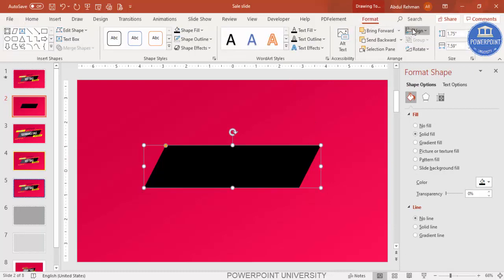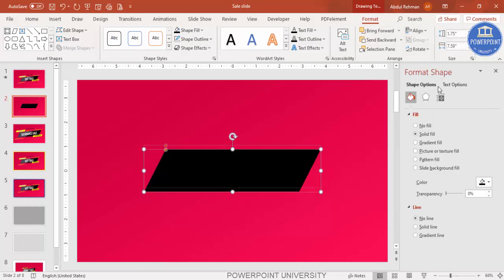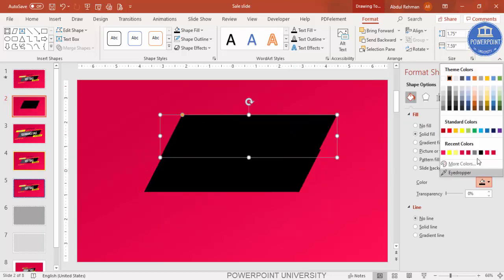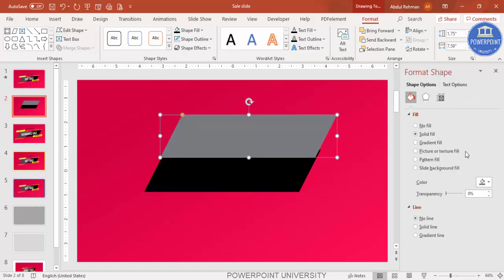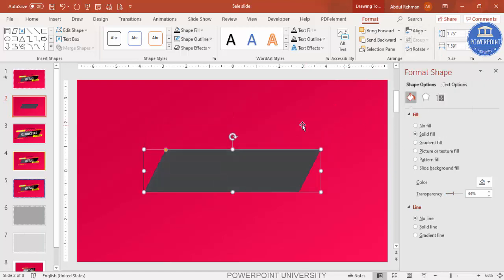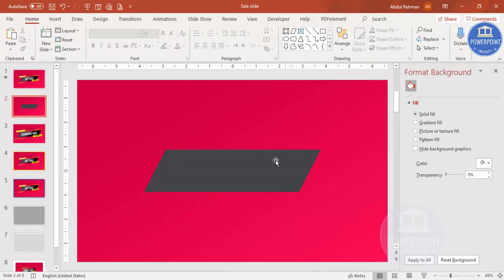You can go to format, align center, align middle, and then I'm going to duplicate this by pressing Ctrl D to duplicate, and then I'm going to give some different color, kind of a gray color here, you can see, and make it more transparent, and again align center, align middle, and then I'm going to cut only the half